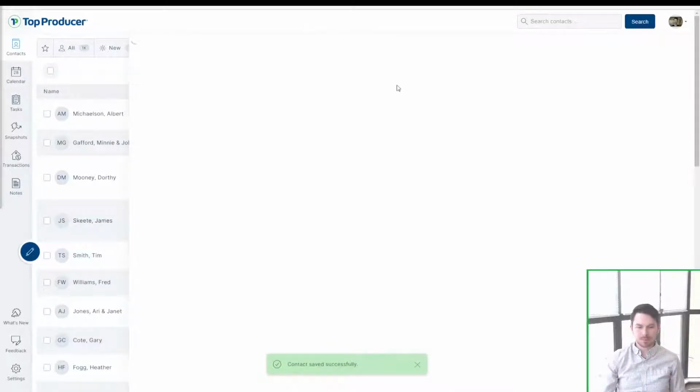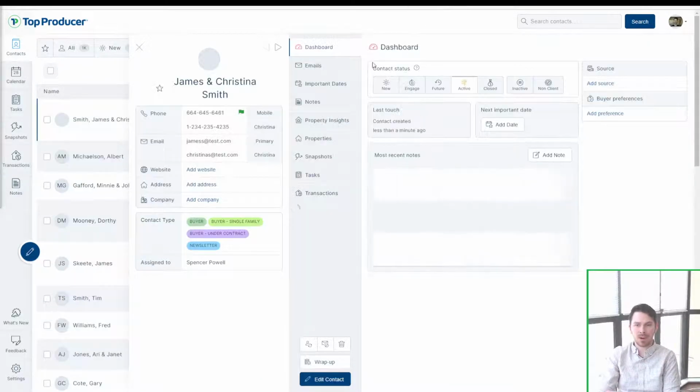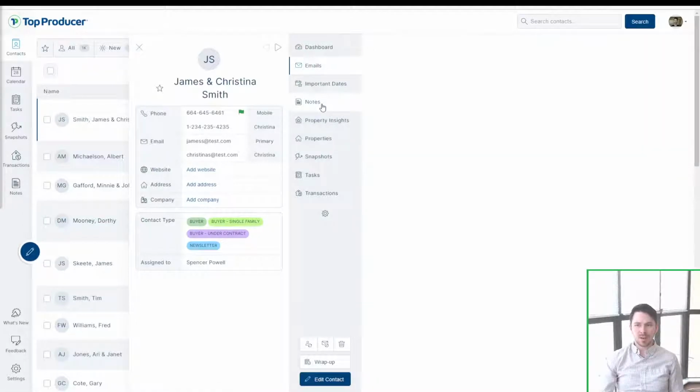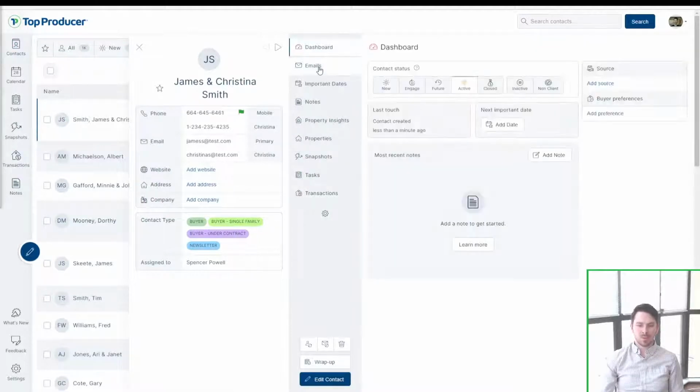All right, so we have a brand new contact record here. Just a really quick overview. We have the contact's name on the left side. We have all their basic information going down the left side here, including contact types. Down the middle of the record, we have all these different tabs we can navigate through to see the different sections. We like to call this the 360 contact view because everything for the contact is right here, just a